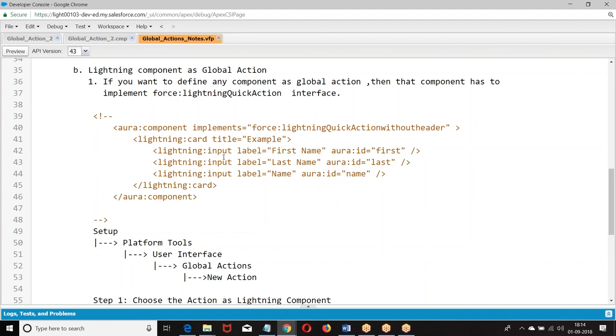I can go with the LDS, create a record. I can go with LDS. I can go with the events. Now it is a component. In the component, whatever can be defined, we can define it. Only to understand this concept, I have made it very simple. A simple card I have taken with first name, last name, and name. But whatever functionalities we have done as of now, we can implement here. So when you go for the quick action, the component will be called. Whatever is possible with the component, all of them can be defined here. Right, boss? Okay.